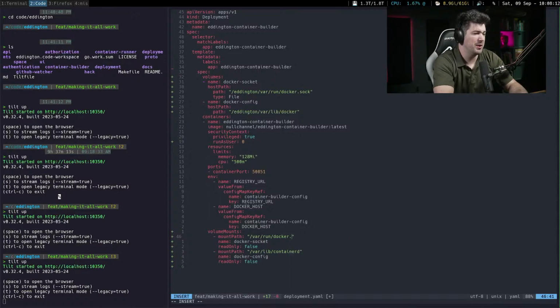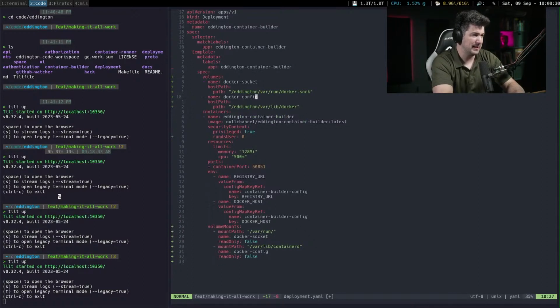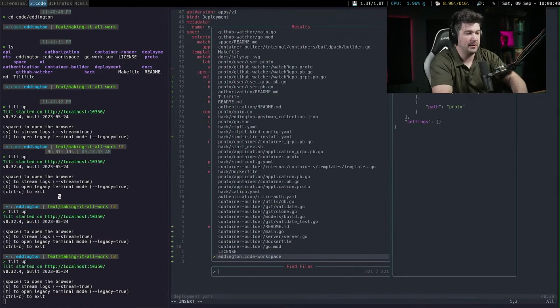Oh, you know what? Maybe we want to do this. Var run docker, like just var run, and then it will mount the file. Maybe it was mounting it in a directory in there. Okay, so let's do that for one. Let's delete this as a file constraint. And then let's update this to be var lib docker. And then let's save that. Now we need to go and update the